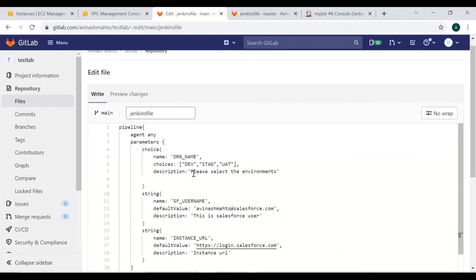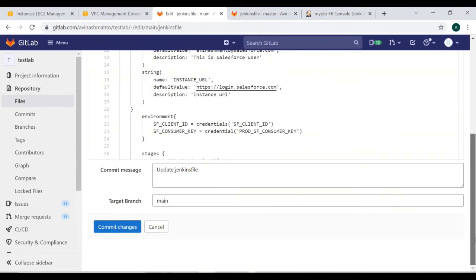Okay, so let's suppose that we select some environment from here, be it a prod environment, a dev environment, or a stage environment, any one of the environments. Then in such cases, we need to define credentials for all the environments, but I don't think it is good practice. It doesn't sound good, it doesn't sound professional. So in order to tackle this problem, how can we do it?